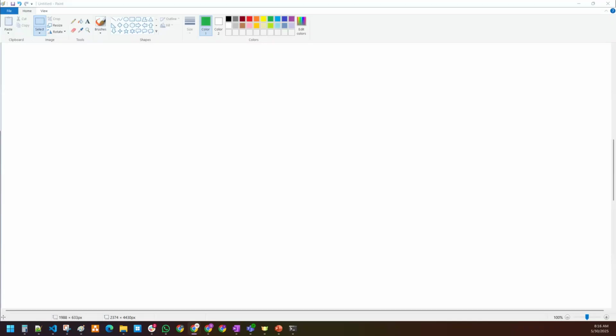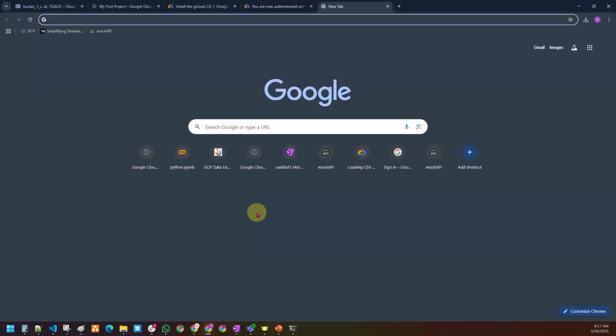Sir, now AI is coming into the picture everywhere. How will it be for the Google Cloud data engineer part? Nothing will happen. Don't worry about that. Some roles may get affected, but not all the roles. Data engineering is one of the fastest growing jobs. I think I showed you yesterday also, right? By 2030, the fastest growing job is data engineering, not even AI engineer or ML engineer. No worries at all.